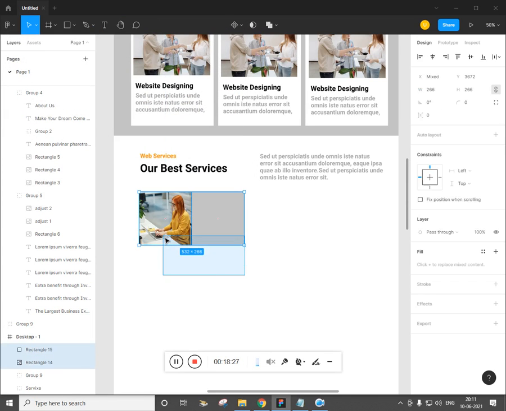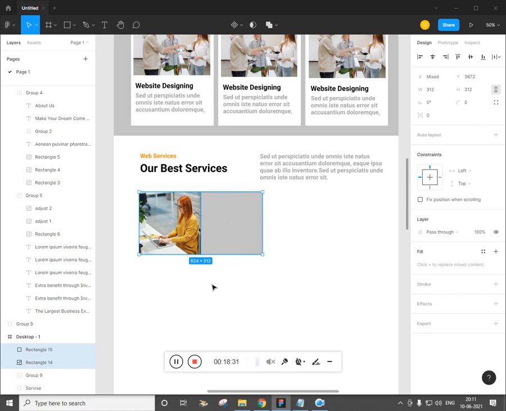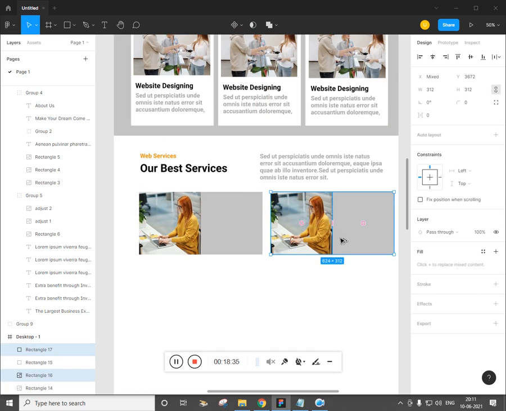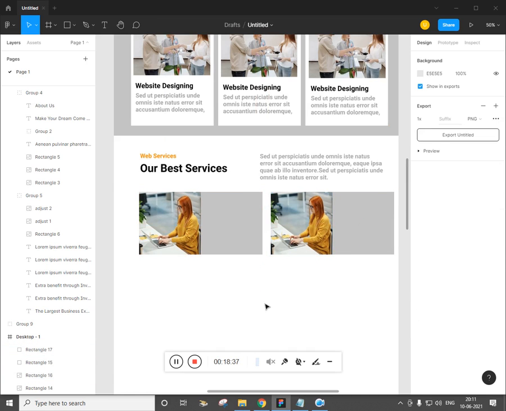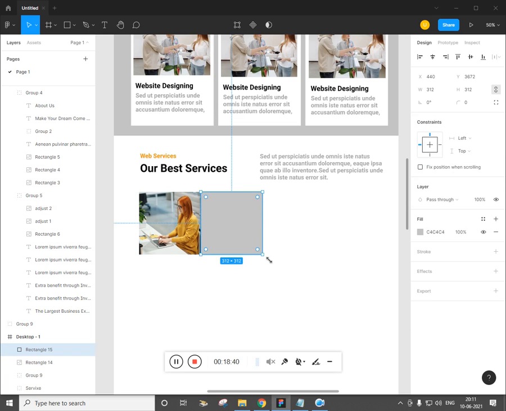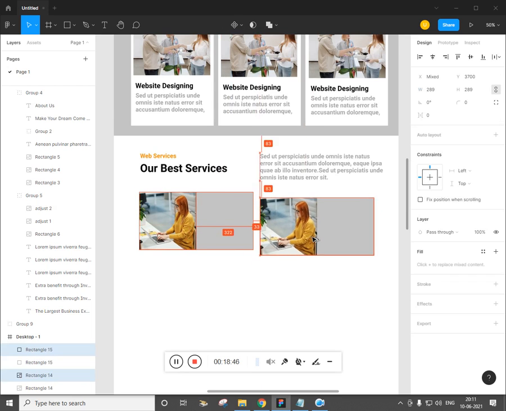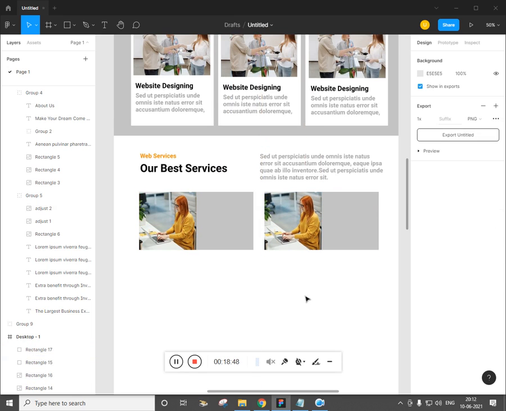and for the second, first we'll check whether it is properly fitting the section. No, it doesn't. You have to make this a little smaller. Select these two sections, make it a little smaller, select all again, alt drag, and cool, it's working.